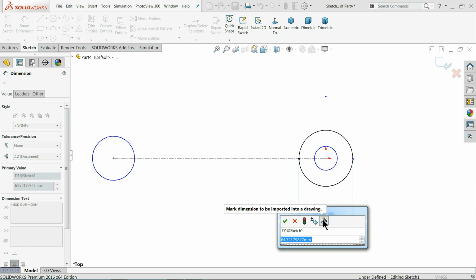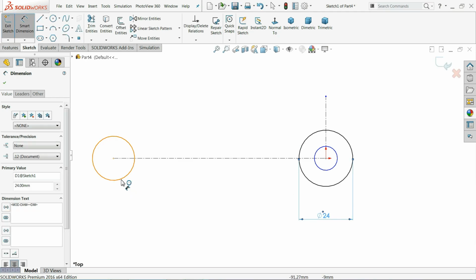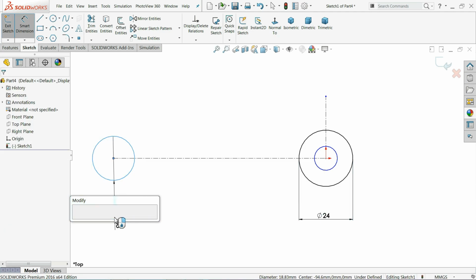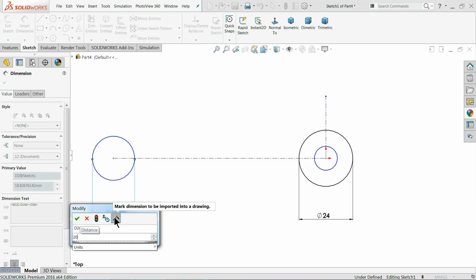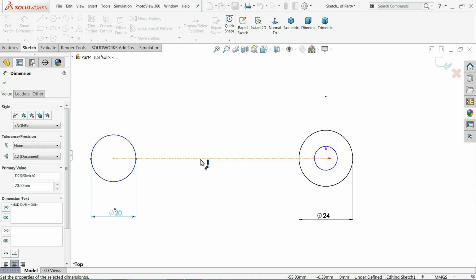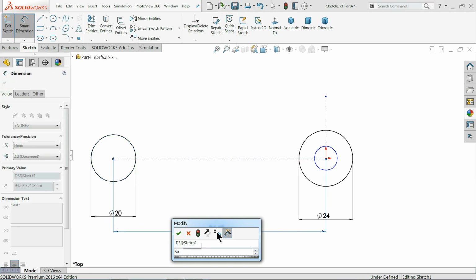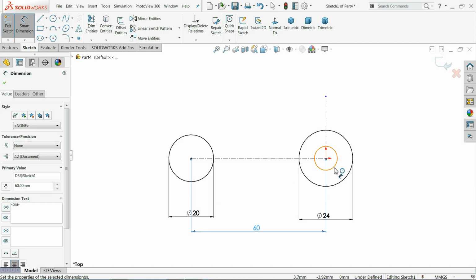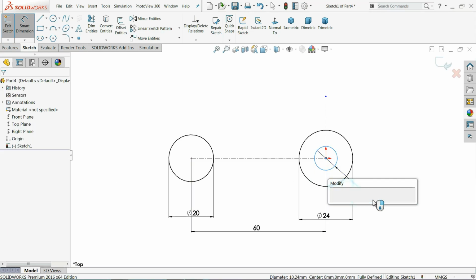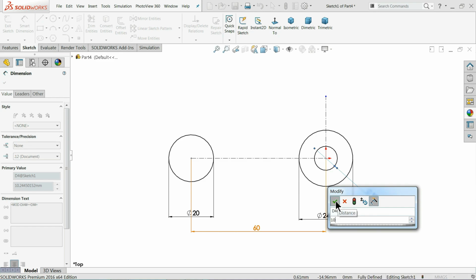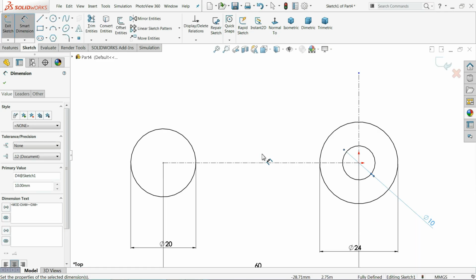This is radius 12, means 24 diameter. This diameter 20 millimeter, 60 millimeter, and the inside circle 10 millimeter.